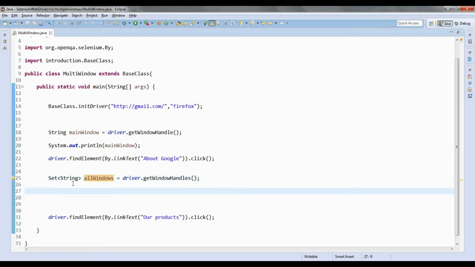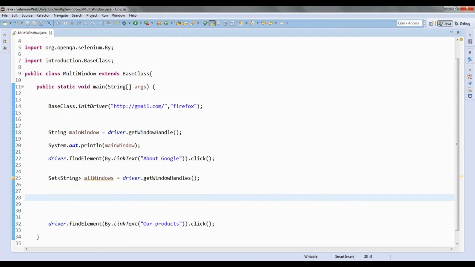So now, whether it is a set or a list, how exactly should we iterate through it? We can use an iterator, or a for-each loop, or you can also use a for loop.